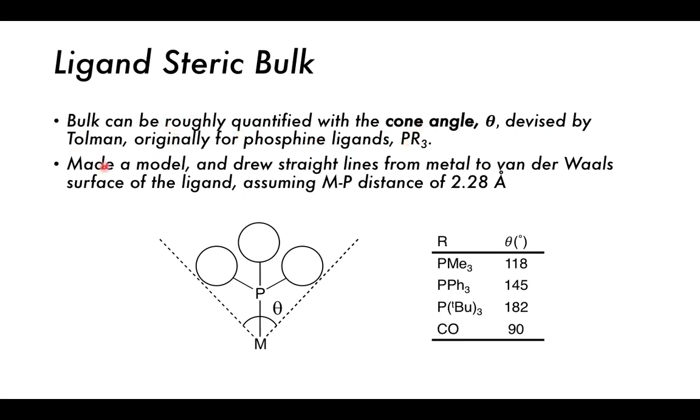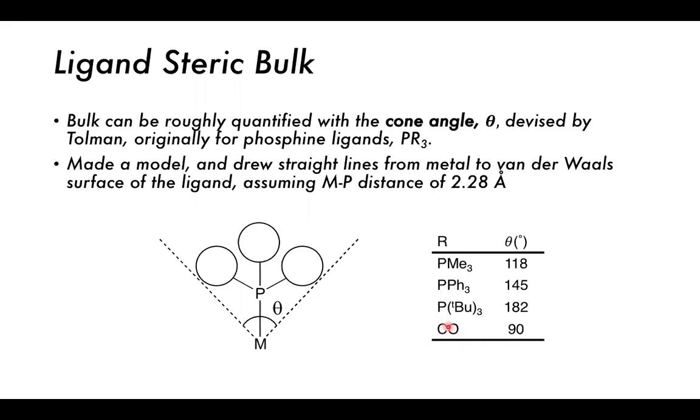He made a model and drew straight lines from the metal to the van der Waals surface of the ligand, assuming a metal-phosphine distance of 2.28 angstroms, which had been observed as a pretty good average for various metal-phosphine complexes. And so the Tolman angle for different phosphine ligands is given here and compared to things like